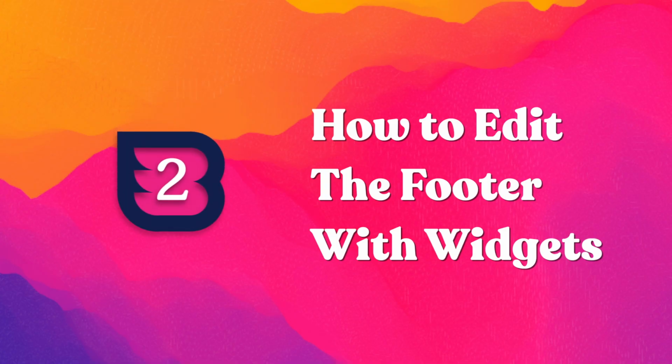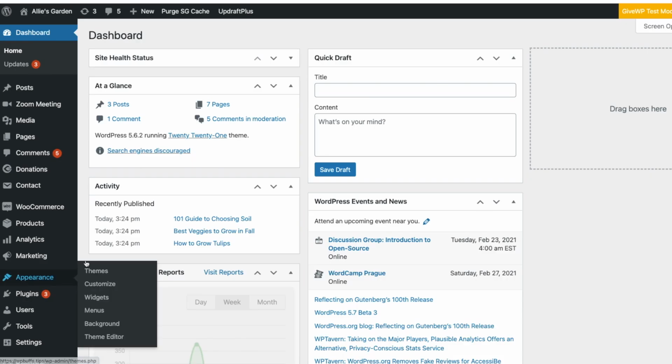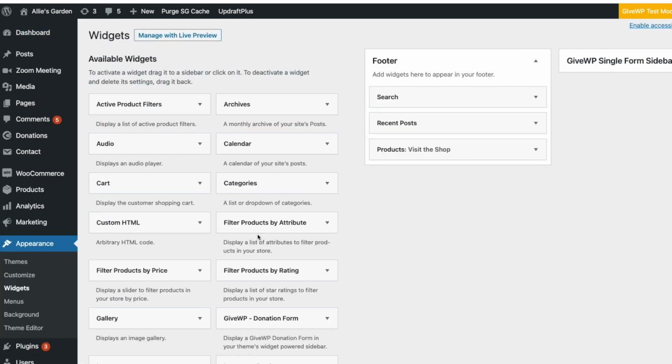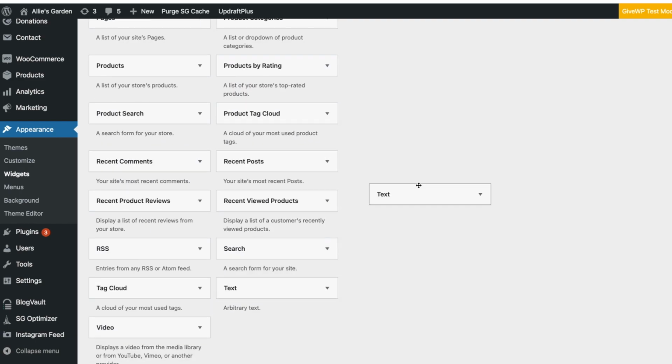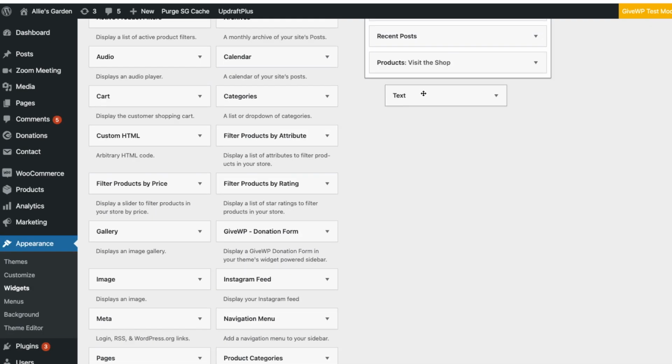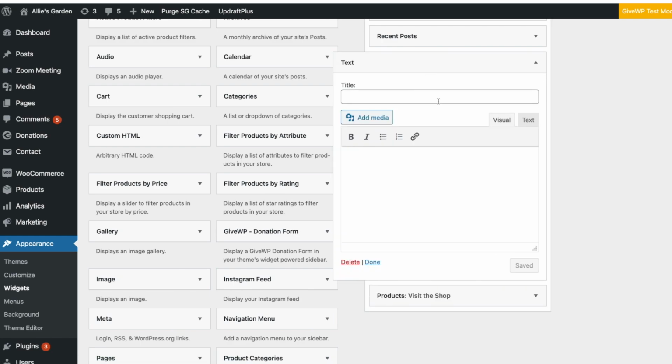Some themes let you add and modify footer widgets directly in the customizer. But if you don't have access to this, you can still use WordPress widgets to change your footer. Browse to Appearance, Widgets from your WordPress dashboard. All of the available widgets are listed to the left. To edit the content of a footer widget, simply click on the arrow of the text item to expand the field,